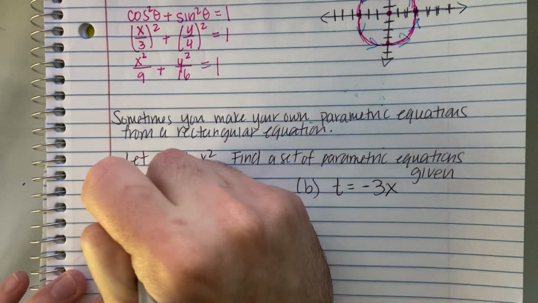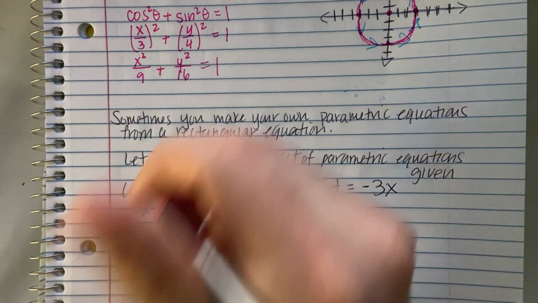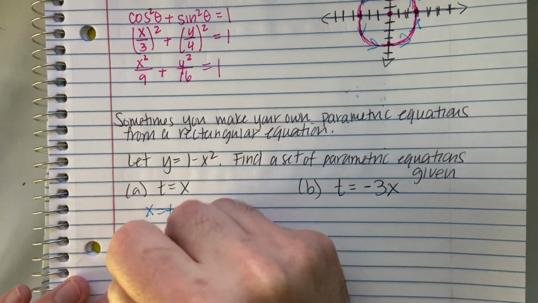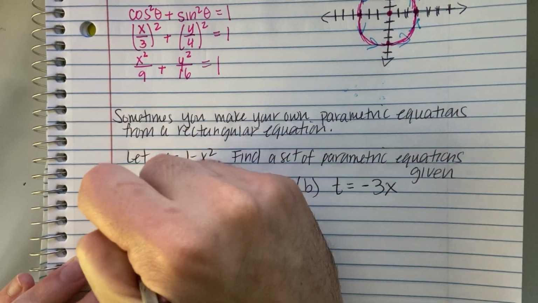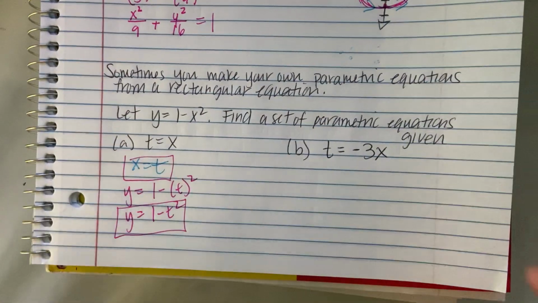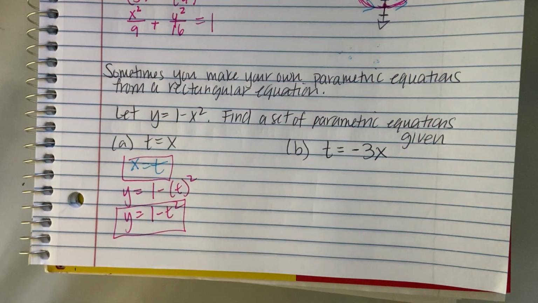So this first one is easy. It says if x equals t, what is y going to equal? Well, we just substitute t in for x. So y equals 1 minus t squared. These two also make a set of parametric equations that draws the same picture. If I were to restrict t to greater than negative 1, I would get the exact same thing I got picture-wise on number 2. The only difference is I would have to restrict t,